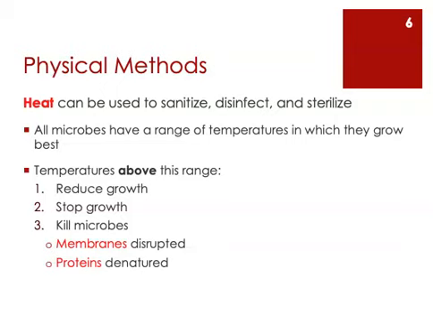Now, what exactly is high heat doing to a microbe, to destroy it, to kill it? There are two structures in a microbial cell, in fact, in any cell, that are most susceptible to heat. Number one is the membrane, and number two are proteins. If you're going to apply heat at a high enough temperature and for a long enough time, you will kill the cell. You will disrupt the membrane around the cell, and you will cause the proteins in the cell to denature or essentially fall apart.